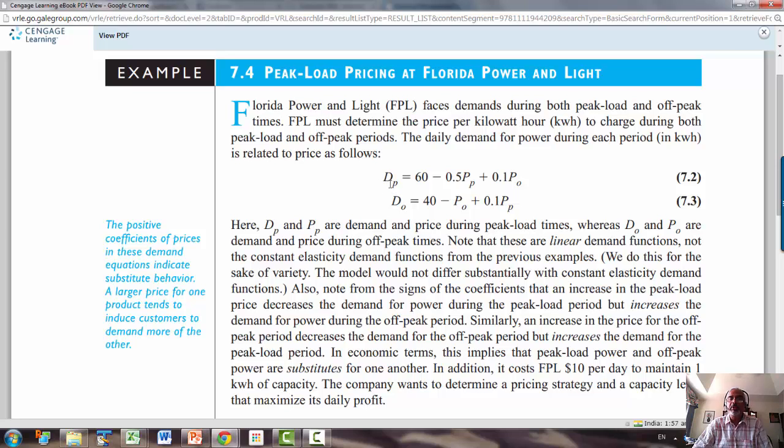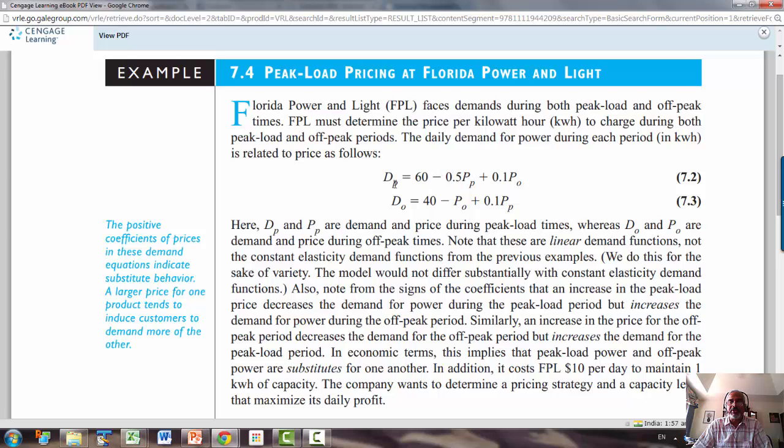So D sub P would be peak period demand for power, and D sub O will be off-peak period demand. And similarly, P sub P and P sub O are the two prices that we have to set. P sub P is peak period price, P sub O is off-peak period price per unit, per kilowatt hour of power. And so here we have the two functions,